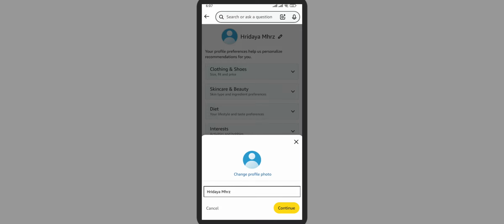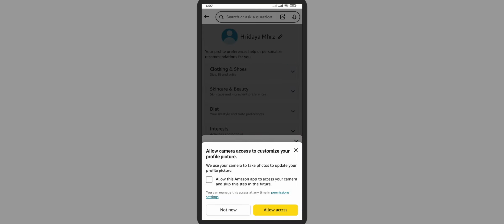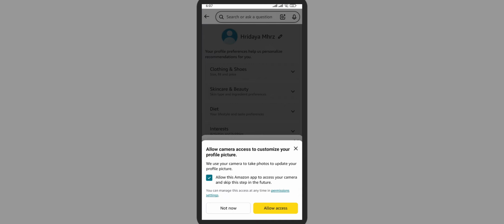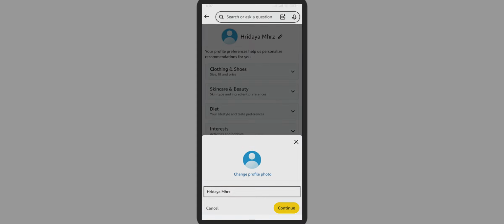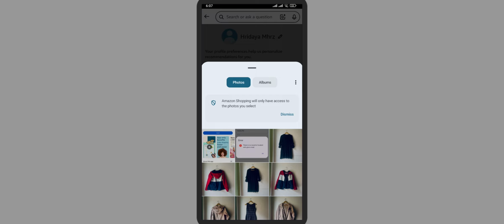Tap on this edit button and here simply tap on change profile photo. So here you can automatically choose any one of the photo from your gallery. So simply select the photo that you want to change and it will be enabled, and later it will show